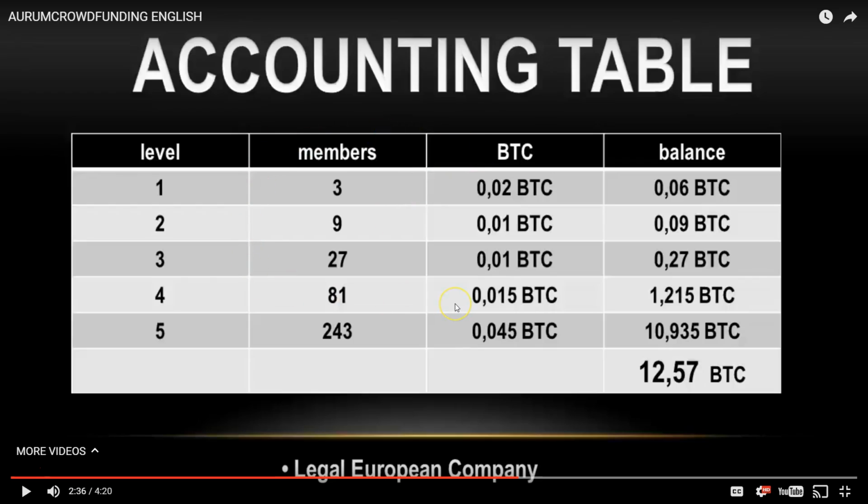What I really like about this one is it is a straight matrix, as those of us that have been in marketing a long time know. Most of your Bitcoin matrices work this way. Each level is a new buy-in. In other words, it's a little bit higher in cost, and the member has to buy into each level.